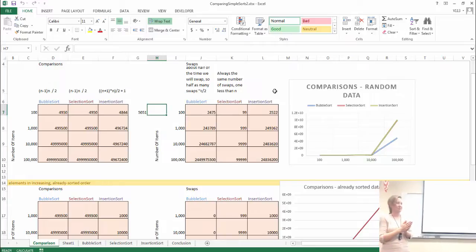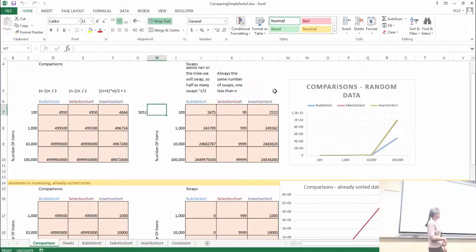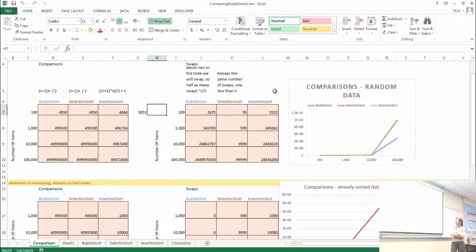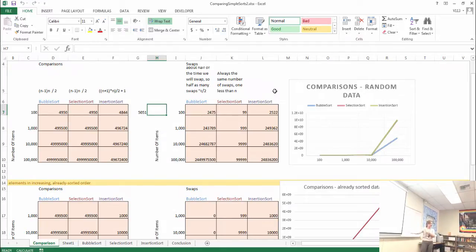Okay, and if you read your book, they actually gave you these equations to figure out how many comparisons there were. And you could easily figure out how many swaps there were by looking at your code. Okay, and then you could fill in these numbers. You could figure out how many comparisons it is. You could figure out how many swaps it is. And then a couple of you did figure out also that Excel does have some issues. And Excel would not plot our data correctly sometimes. Yes, and we played around with it a little while. But we found a bug in Excel, and it wouldn't plot it right. But we could still get the numbers in there, hopefully. Everybody got the numbers in there.